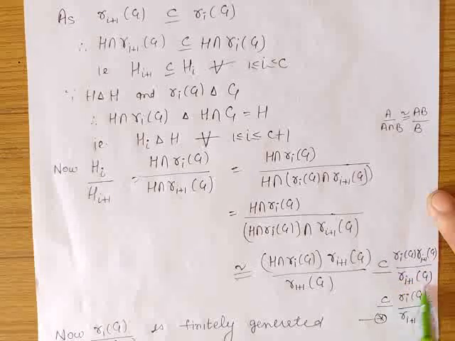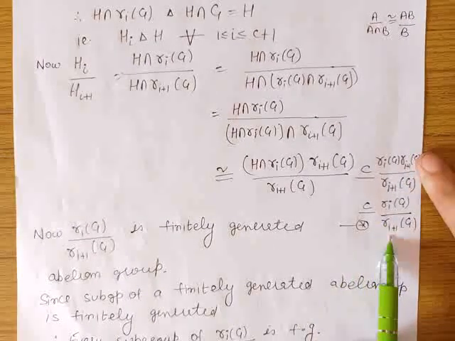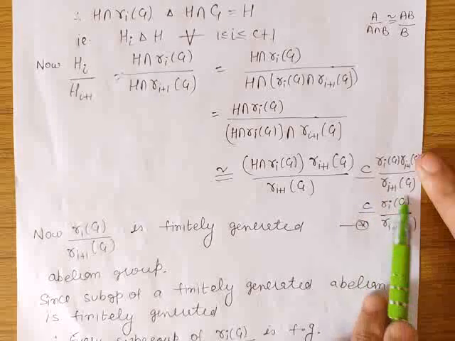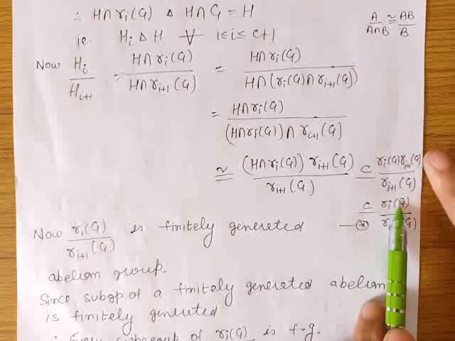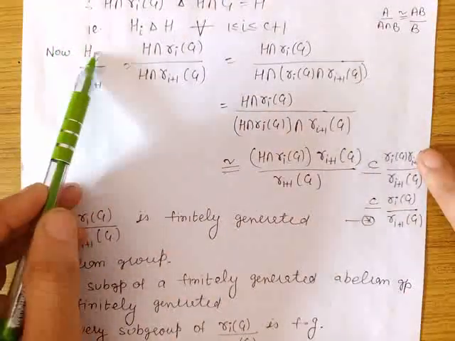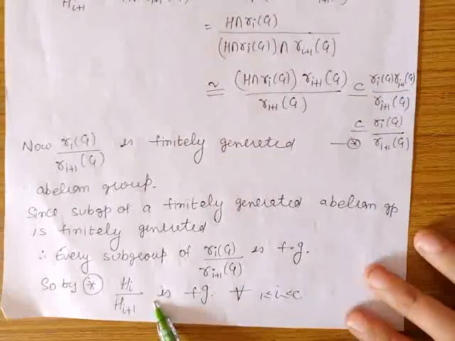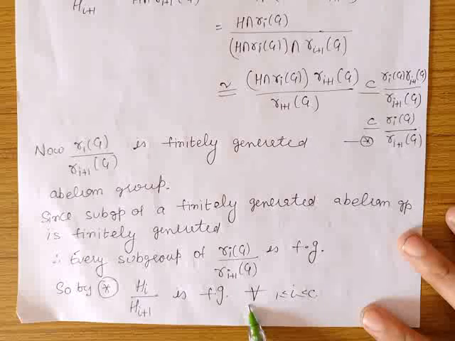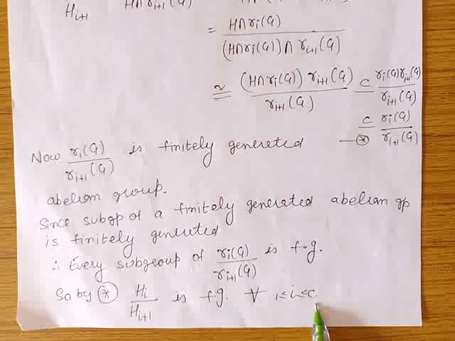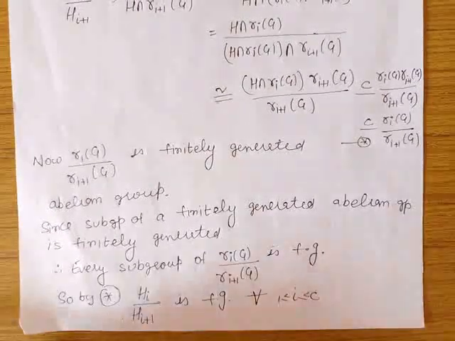Now, this is a finitely generated abelian group, and a subgroup of a finitely generated abelian group is finitely generated, and therefore this factor group H_i by H_(i+1) is finitely generated, and this is true for every i varying from 1 to C. So in particular, for i = C, from here we get